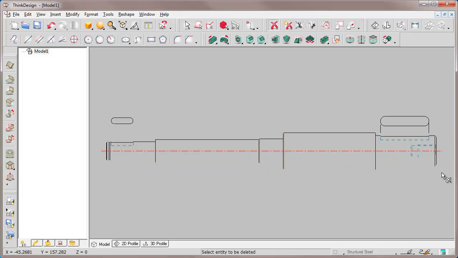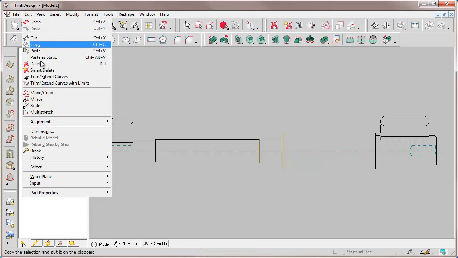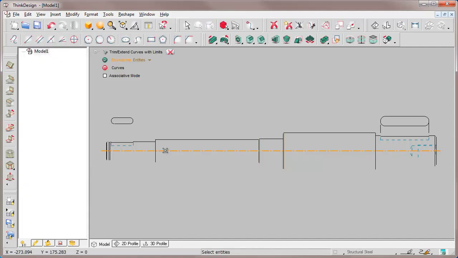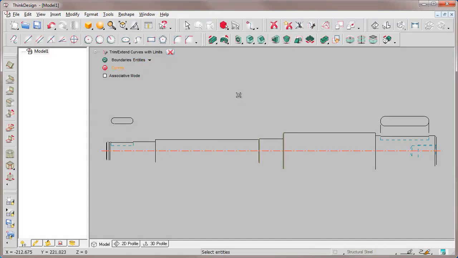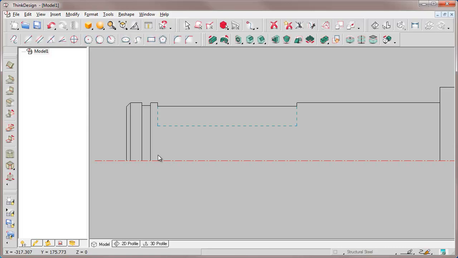We adjust the geometries considering that we will create a rotational solid. We delete the geometric entities that are completely below the axis. We use trim curves with limits with the axis as boundary to delete the excess part below it. Then we examine smaller areas and we delete the useless lines. These lines will be created as a result of the slot feature we do later.